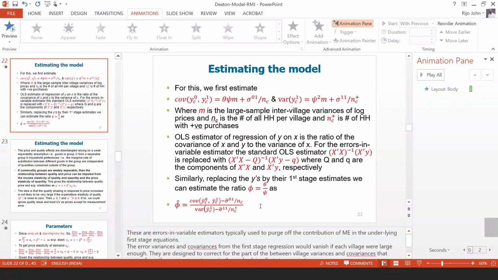So what we have here is an estimate of the phi, but we don't have separate estimates of theta and psi. Remember, theta was the coefficient associated with the price variable in the budget share equation. Unless we are able to disentangle this psi and theta, we are not going to be able to compute the actual price elasticities. But we, as of now, have only this ratio between theta and psi, right? Now,